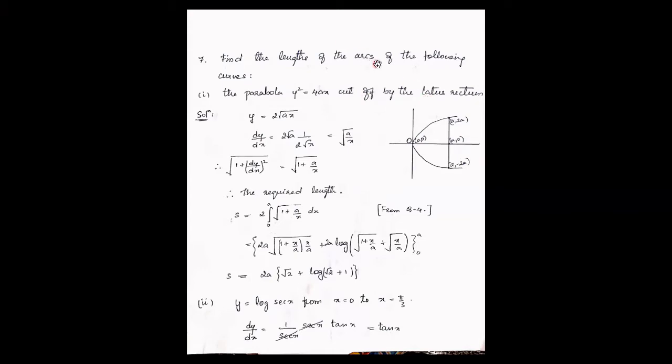So you should find the length of the arc of the parabola y square equal to 4ax, which is cut off by the latus rectum. So this is the latus rectum for y square equal to 4ax. And you have learned this latus rectum, vertex, parabola, all of these things in PUC. So this is the standard form of the parabola, y square equal to 4ax. And for this, the parabola looks like this, and it is facing towards the right side. And this is the vertex, and this is the latus rectum passing through the focus.